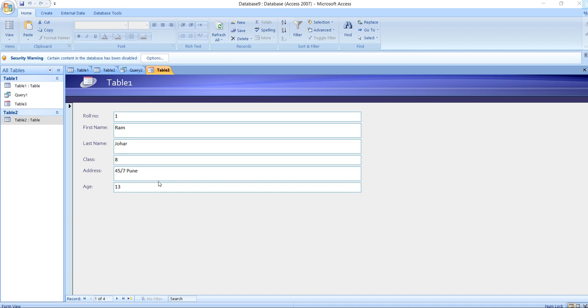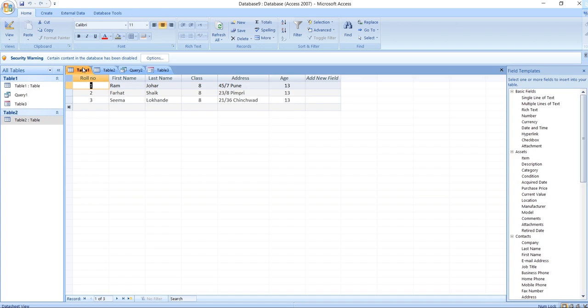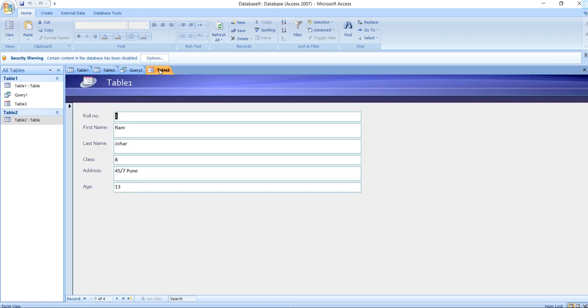So what is a report? A report is an effective way to organize and summarize data for viewing or printing. A report can be created exactly in the same way as we have created the form. Now we have created the form for table 1. So this is form 1. So what I want to do, I want to just rename it.